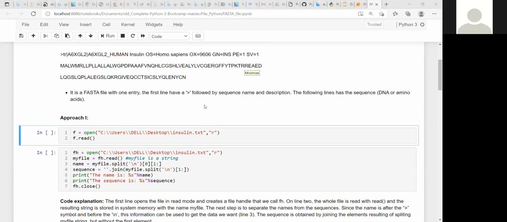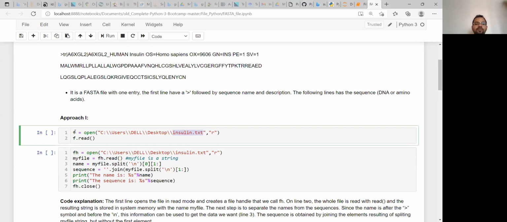Sir, file name. Not file name. Sir, file. Not file. Sir, FASTA file. Not FASTA file. That FASTA file is this one, insulin.txt.